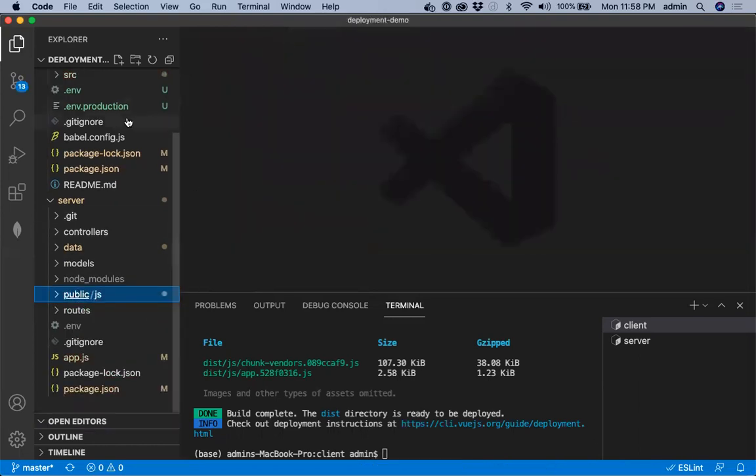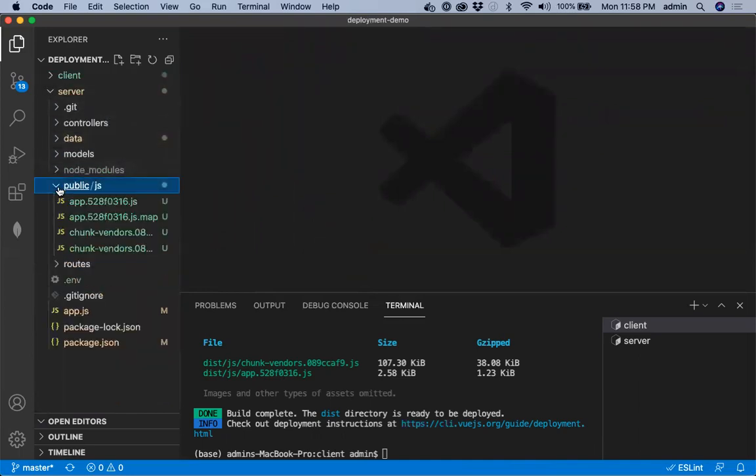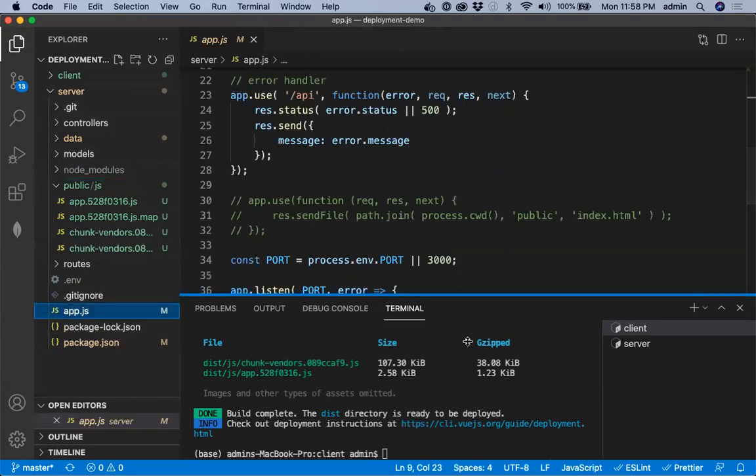So now we are ready to serve from here itself. All the front-end files are there in the server folder. We have to do a few changes in app.js.